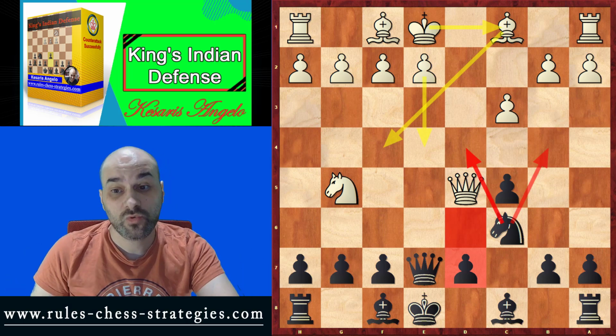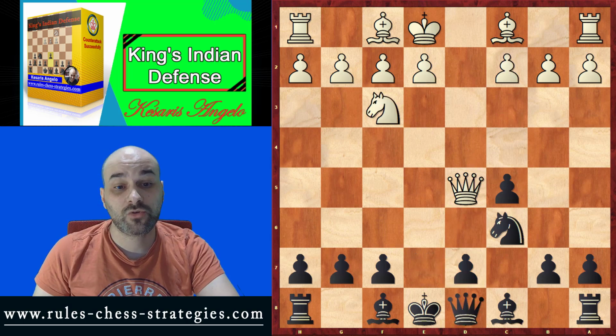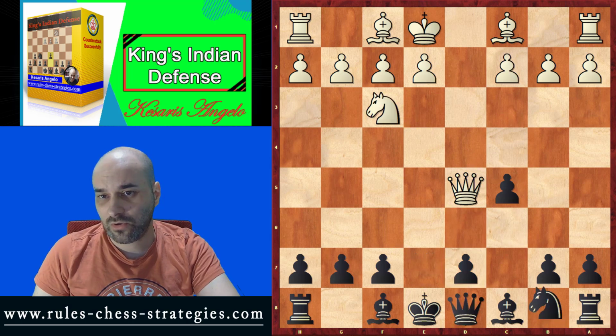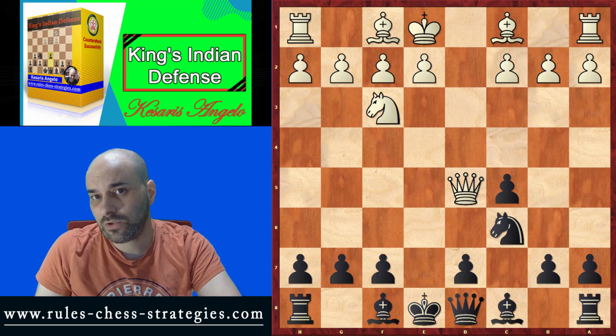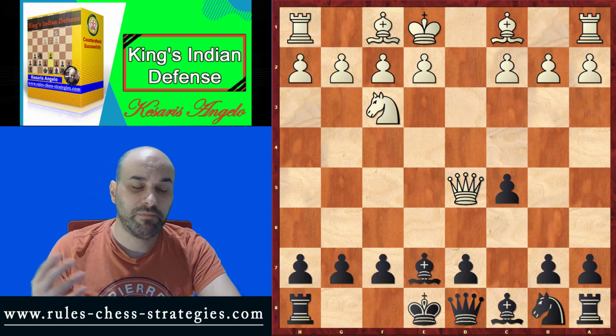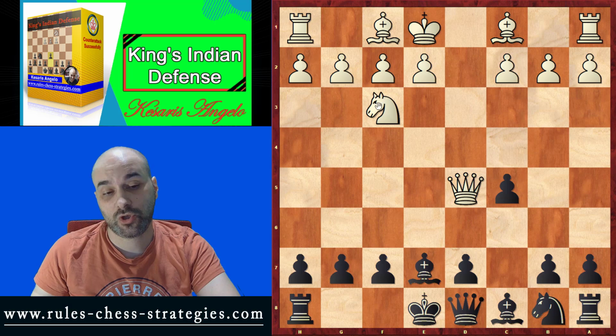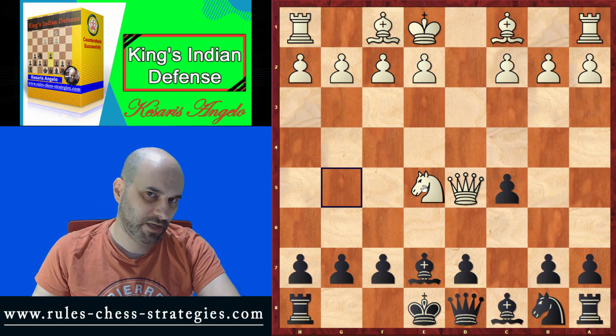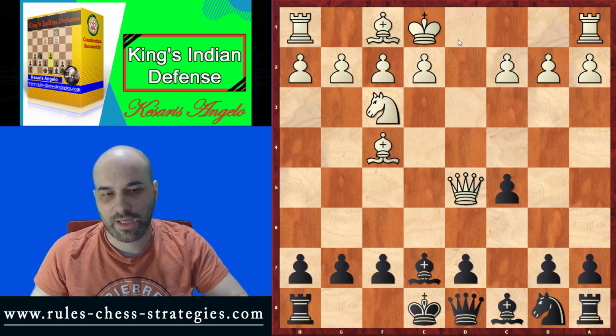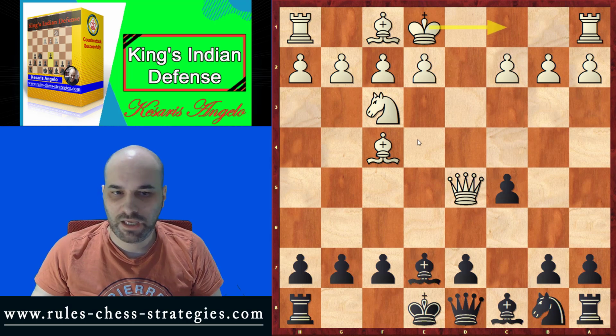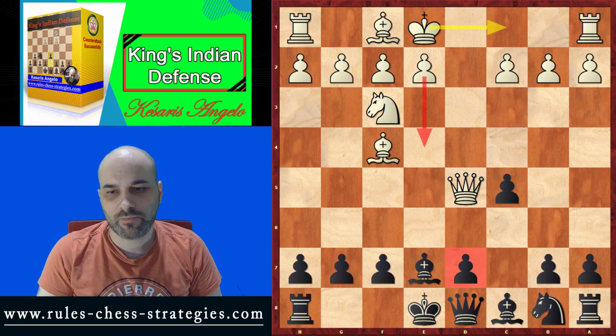And many players do this actually. I face this a lot on the internet. And if you are not going to play a normal move, what are you going to do? People came up with bishop on e7. I'm going to stop this one, but the knight can come from here, right? And we can play bishop there, we can castle, we can play e4 for example, and your backward pawn is